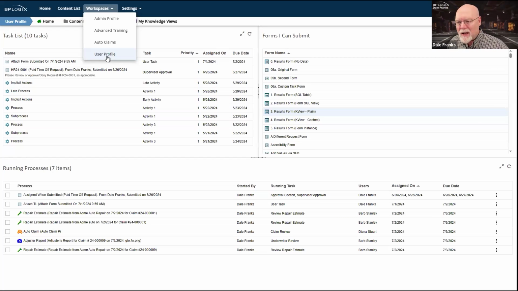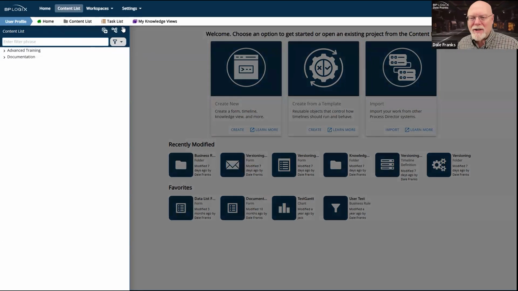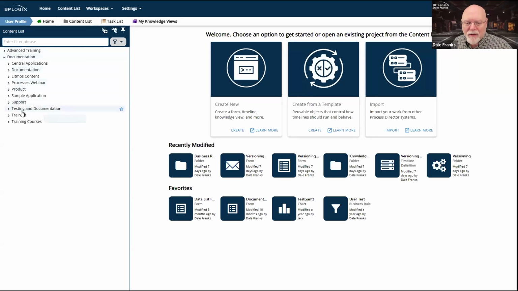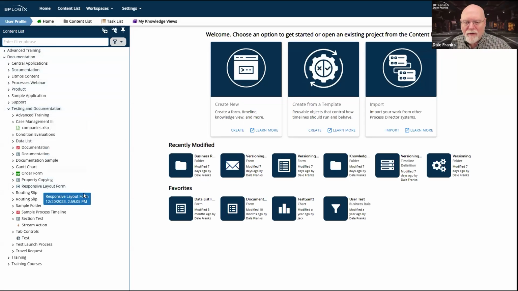Because at the end of the day, for us as administrators, we have all of these options for how we want to look at Process Director and all of the things that we can see, and we can do our own navigation. But that's not true for end users, certainly not on a production system. They don't have access to all this cool stuff, and they can't search the content list to find all of the things that they want to find in there.